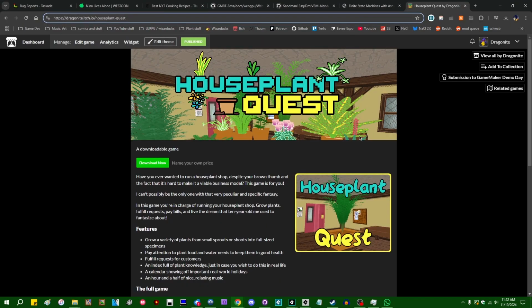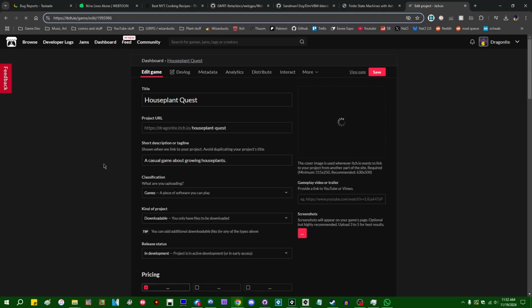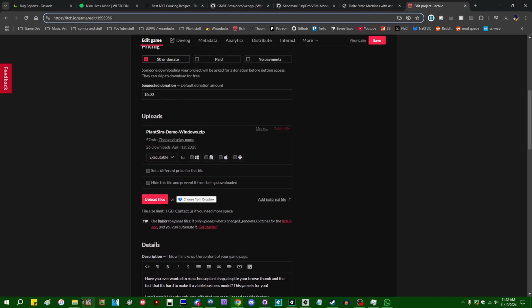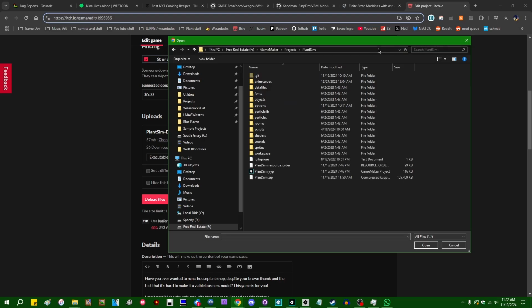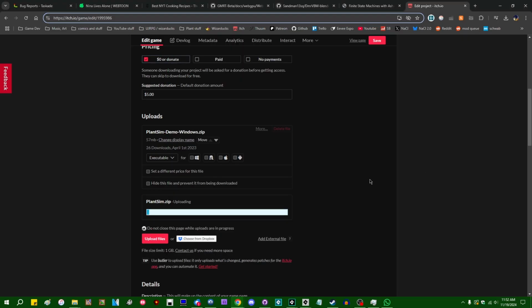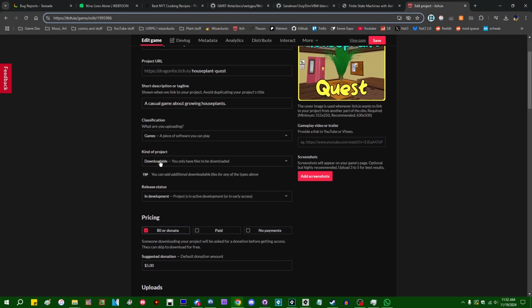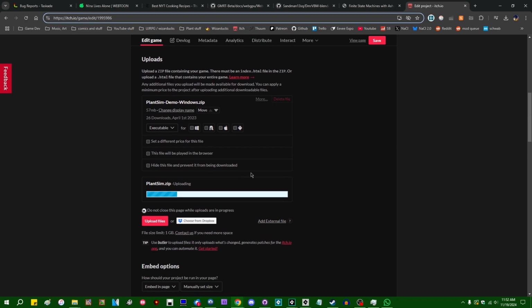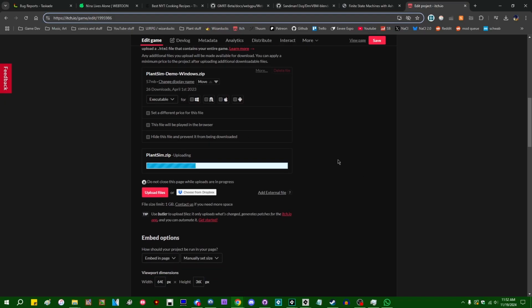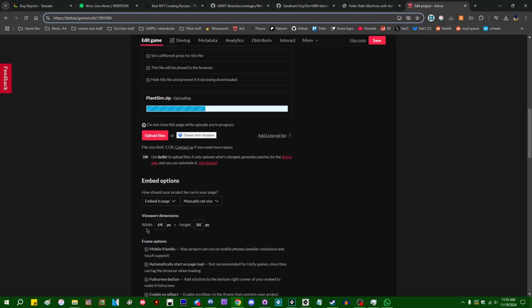If I were to go, for example, to itch.io, and say edit game, and go and upload, let's copy the file path there, upload that zip. That's going to take a minute. I can set the classification, or the kind of project rather, to HTML5 so that we can set a file to be playable in the browser. It's going to take a minute to upload because it is 100 megabytes of mostly audio. Down here in the embed options,